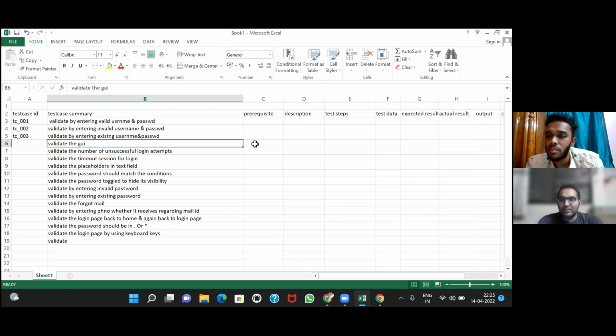No. Case sensitivity has nothing to do with password protection. Case sensitivity is, let's say, Book1 - Microsoft Excel is written in the heading of this Excel file. If it has to be case sensitive, then B for Book can be written in small or caps, it doesn't matter. O can be written in small or capital, that is fine. Case sensitivity means whether it can be written in uppercase or lowercase. But for password,